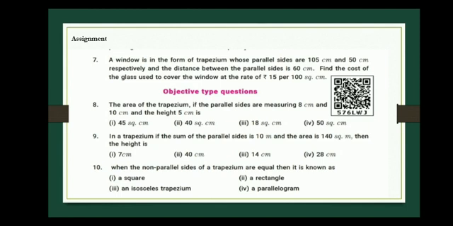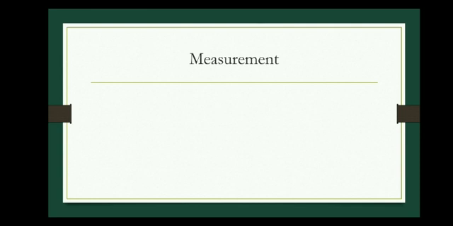So these questions are homework for you. It is exercise 2.3 in your textbook. 7th one, 8th one, 9th one and 10th one. These questions are very easy. You can solve them. So try to solve all these problems. This is the assignment. So now we'll sum up what we have studied in this unit.